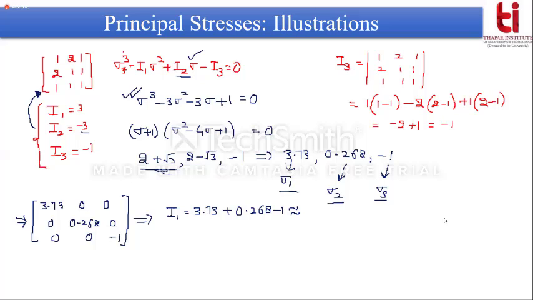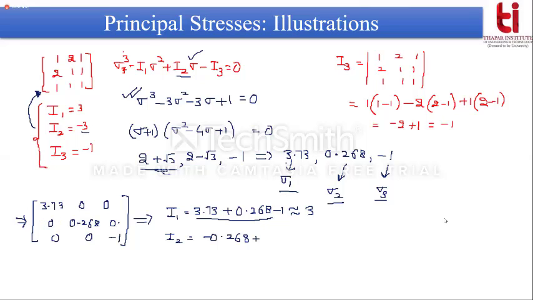If you solve it, you get it close to 3. You may get certain truncation errors because of rounding off. And I2 will be equal to, when you take cofactor of 3.73, it will be 0.268. It will be actually minus 0.268